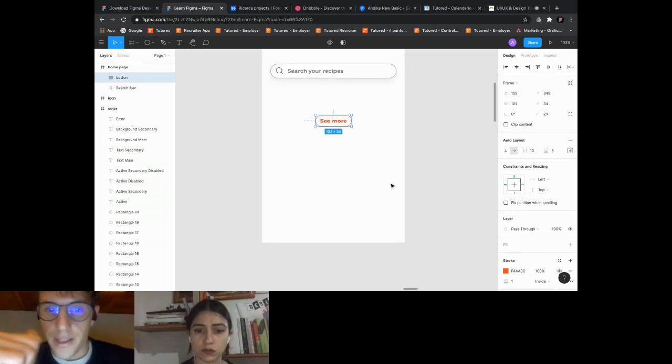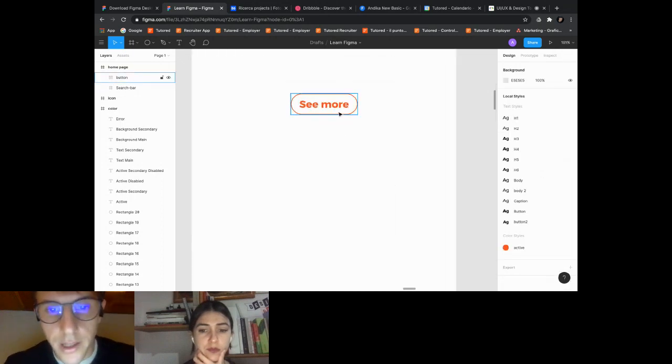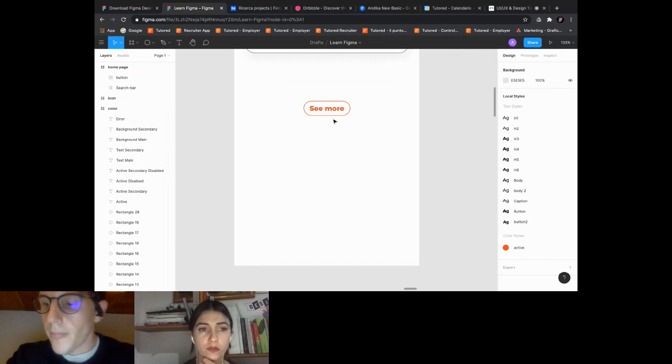We are going to see how to create a component and what auto layout is. I mean, okay, I will show you. We want to create our button.